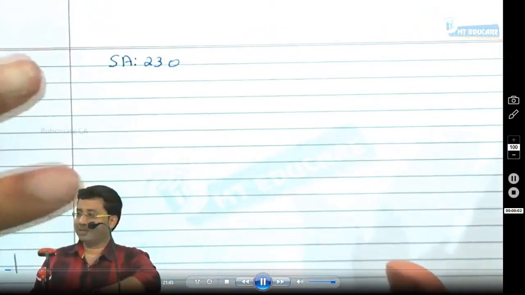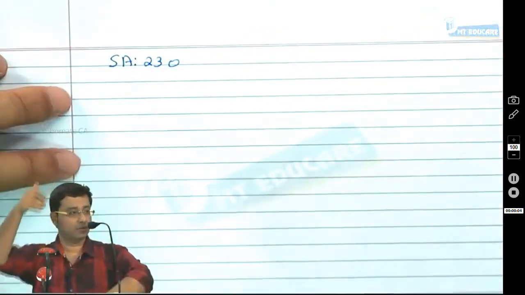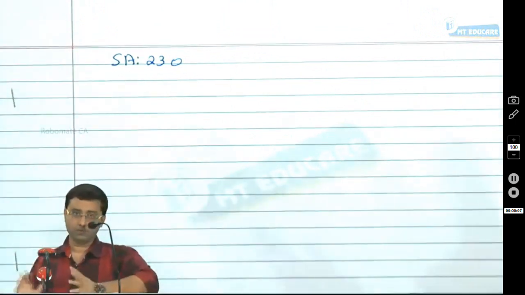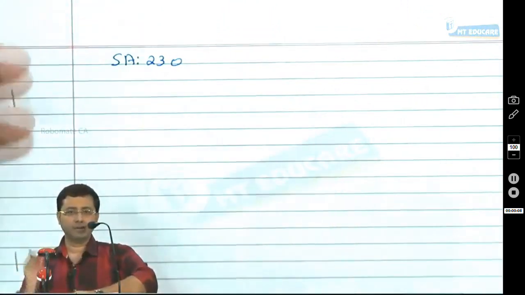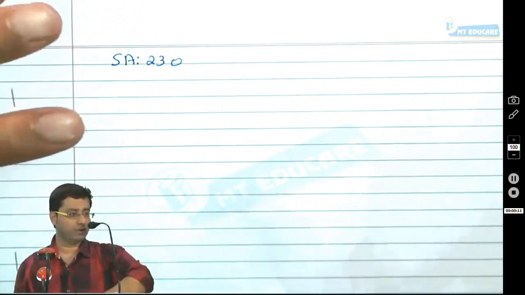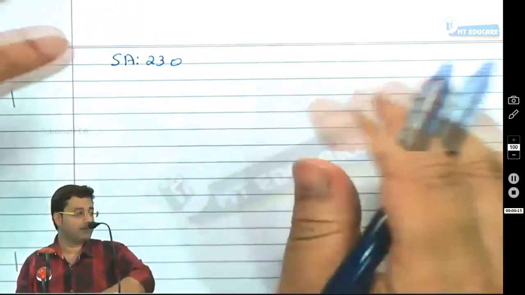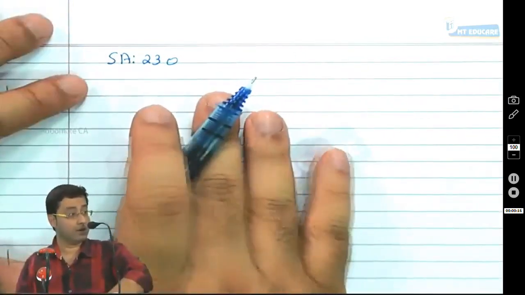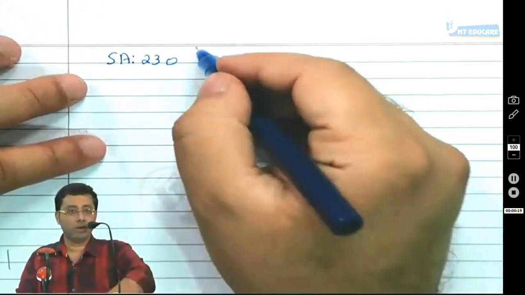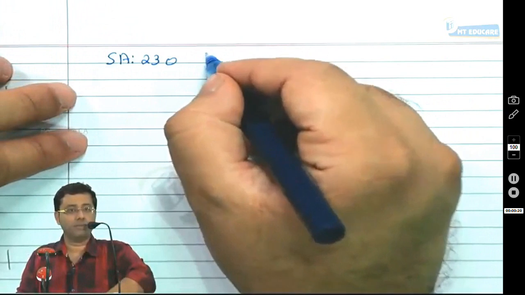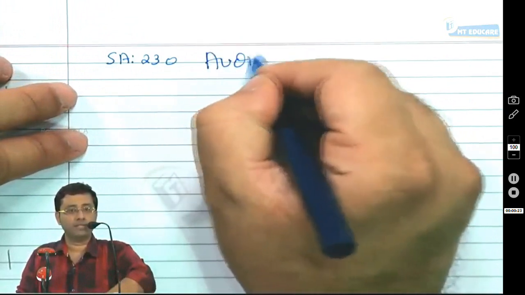Now, it's not necessary that I start from SA 200 first. Logically speaking, there is no need to start with SA 200 first. You can start with any standard first. So, let me start with something which is an important standard, and it's an easy standard for you all, which you have already discussed in your IPCC. It's just a repetition for you.